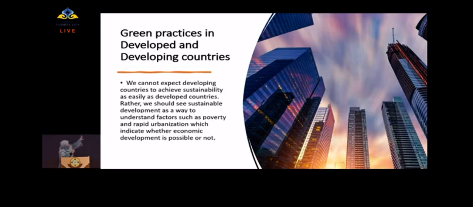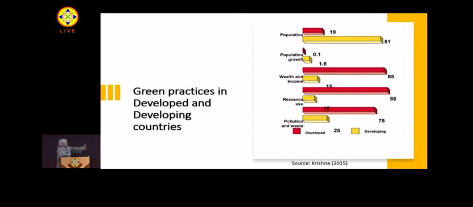Okay, because you know that sustainable development is a way to understand factors such as poverty and rapid urbanization. We have to concentrate on our people first before we go for sustainability, because now we are in the process of making sure of income stability, we want to eradicate poverty. This is not happening in developed countries. Okay, next please. If you refer to this, again, try to differentiate